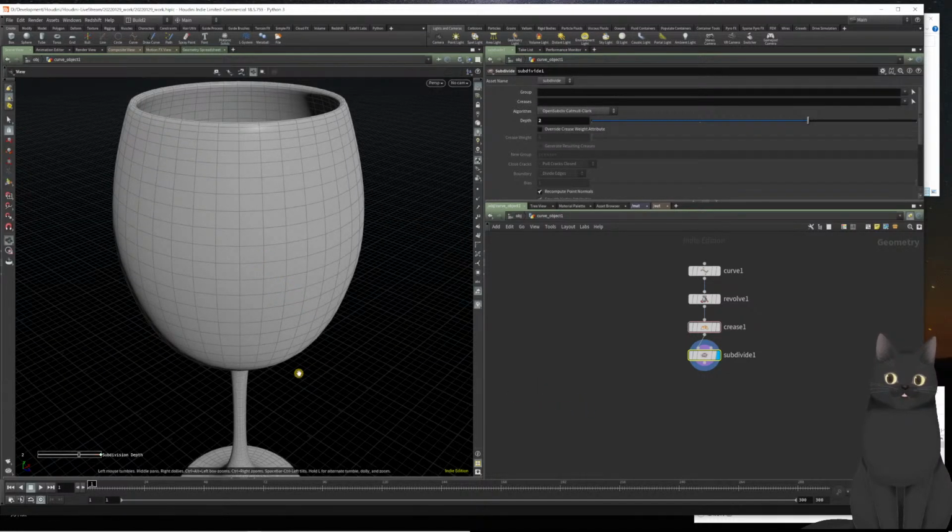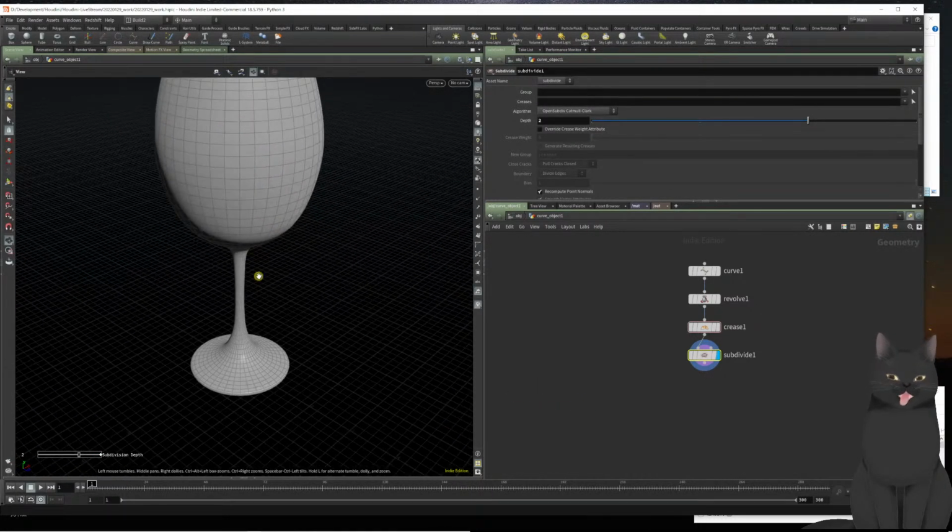And to finish this off, what we want to do is we're going to put a null object down, a null node, and we're going to call this wine glass out, or just